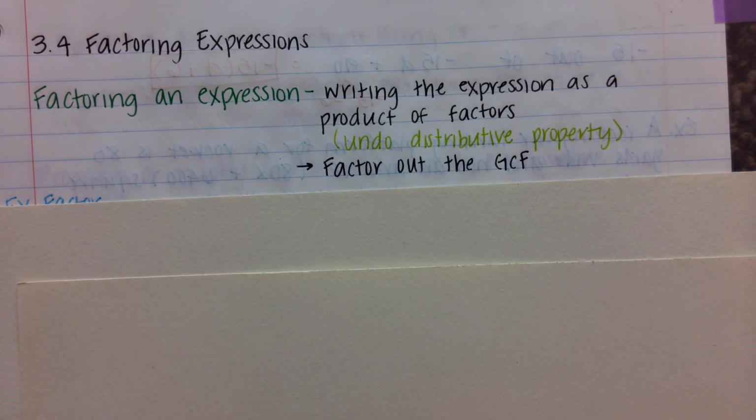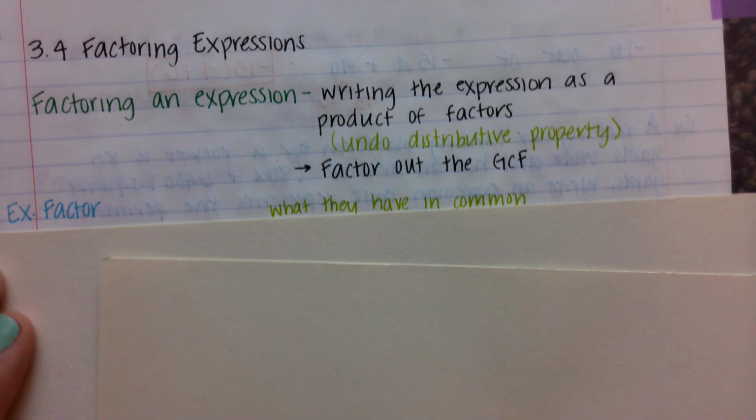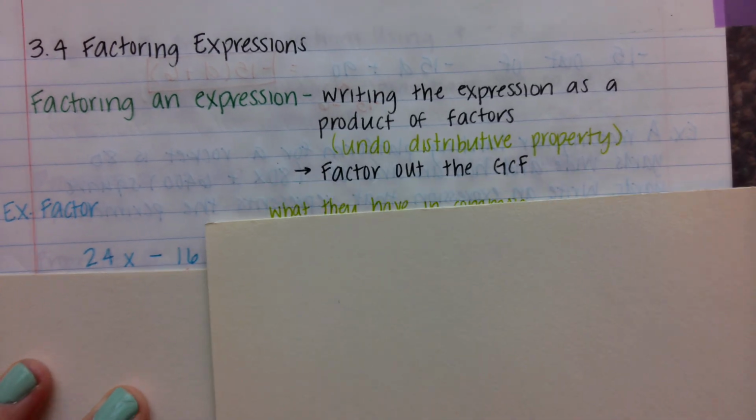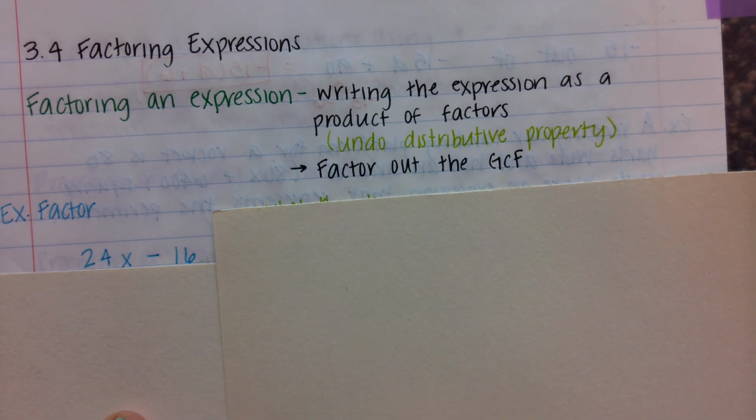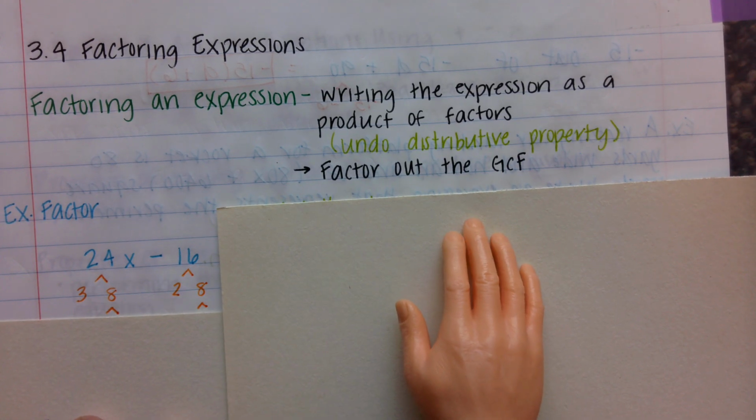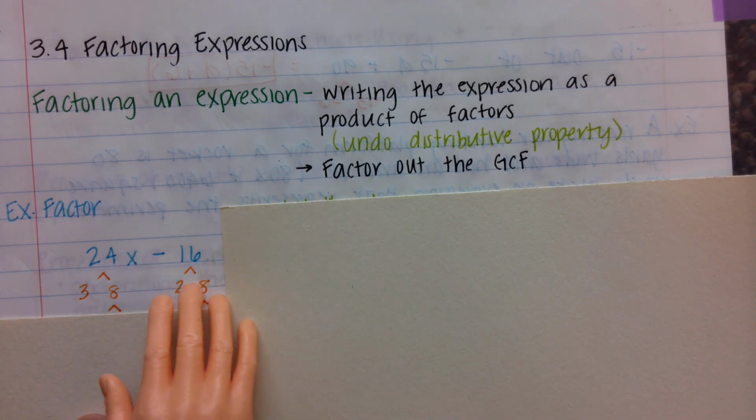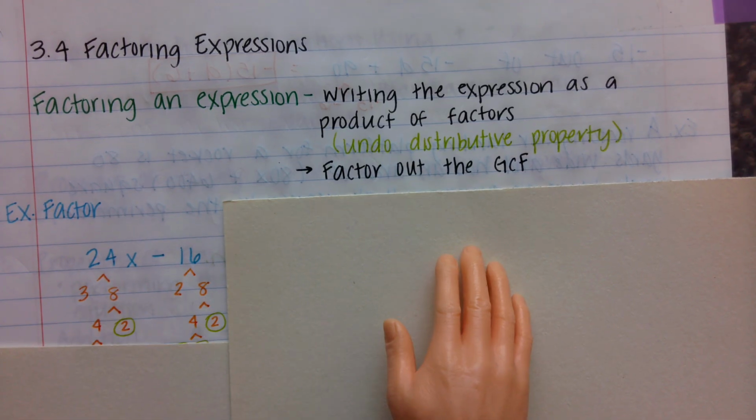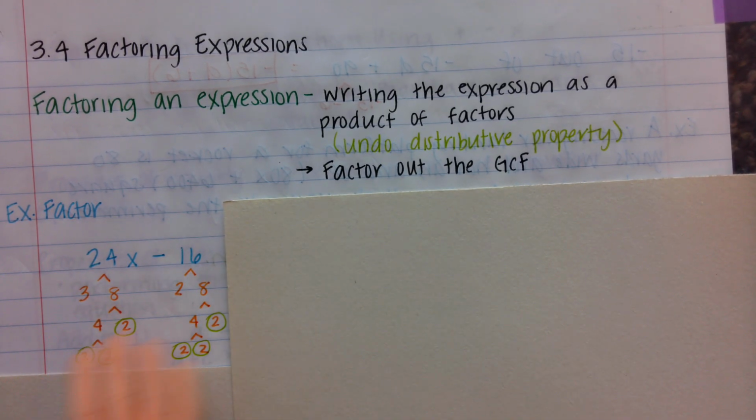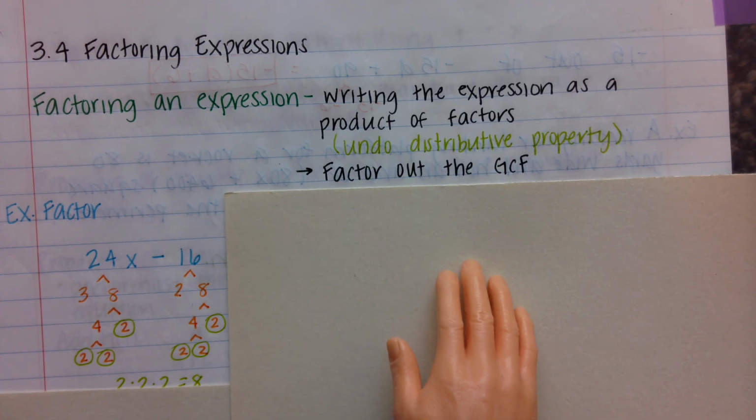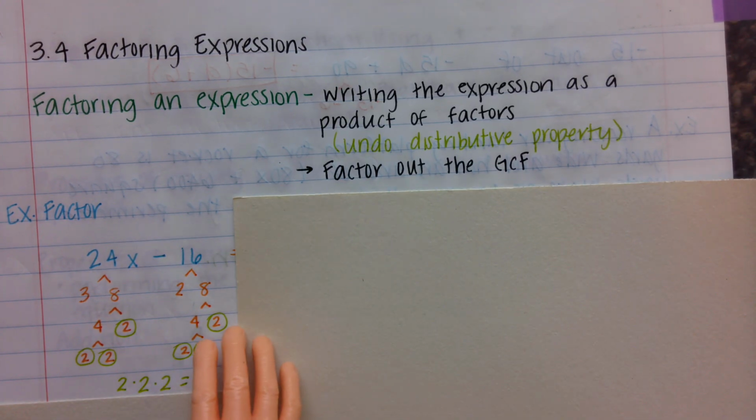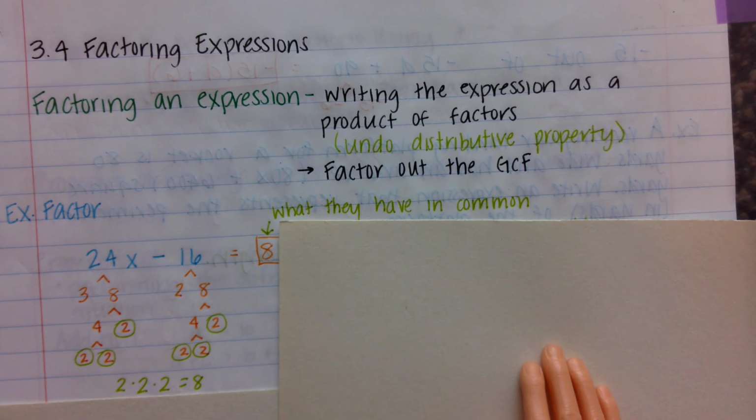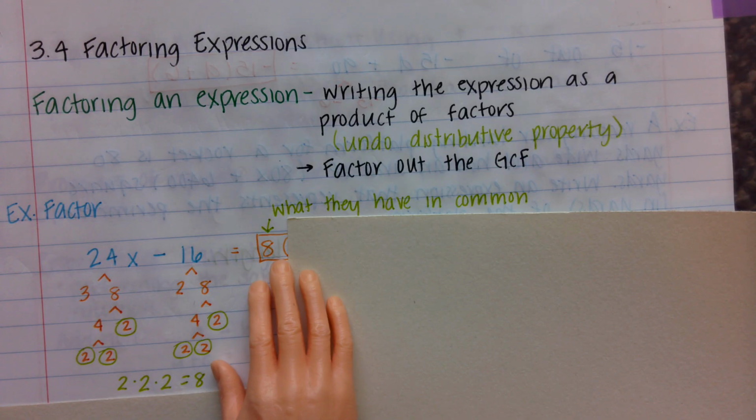We need things to be factored completely unless we are told what we are factoring out, and that might be different than the GCF. So if we are going to factor 24x minus 16, I need to find factors of 24, and that is 3 and 8. Factors of 16 are 2 and 8. I could continue down and see what their greatest common factors are. They each have three 2's, and 2 times 2 times 2 is 8. So I know the greatest common factor is 8, and that is going to go on the outside of parentheses